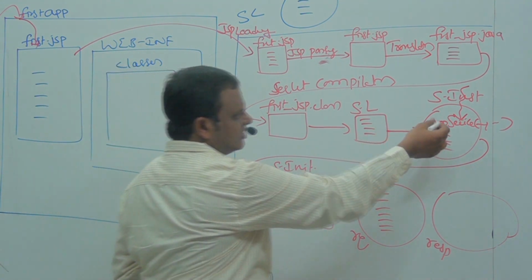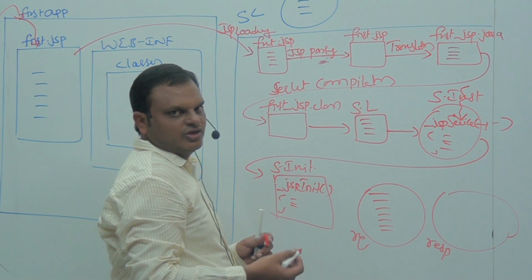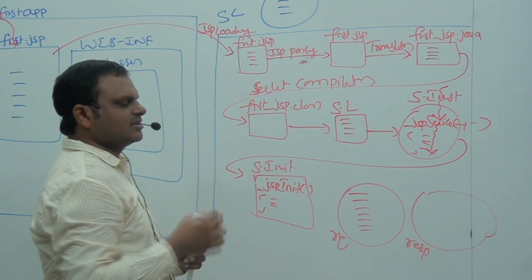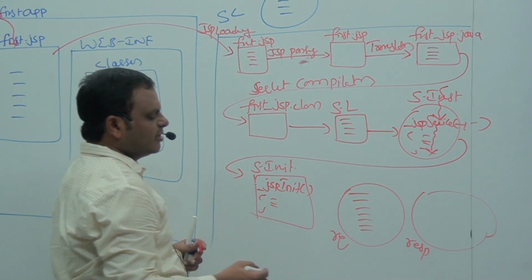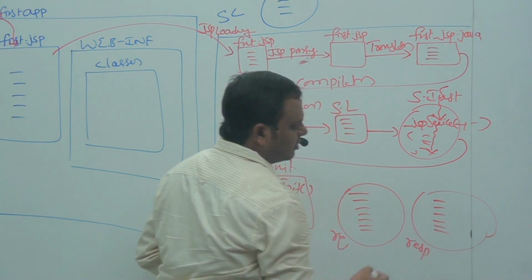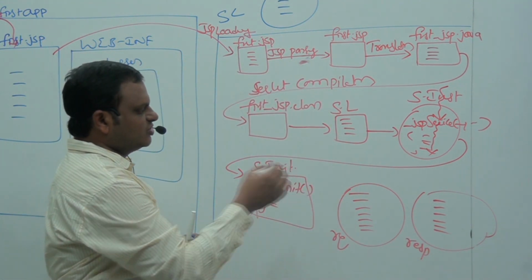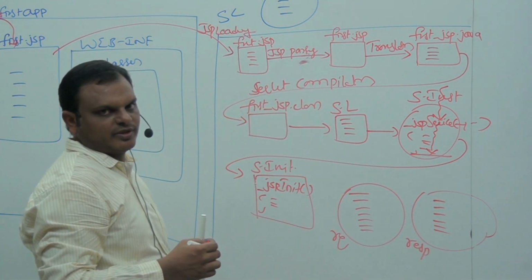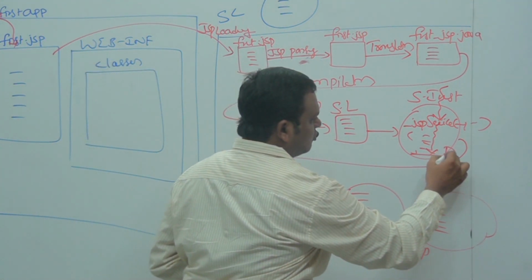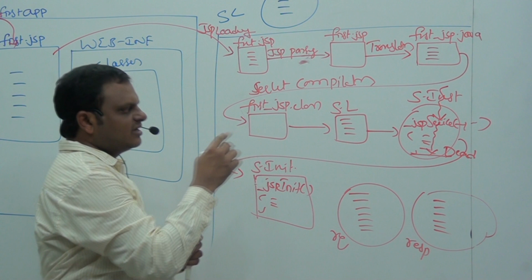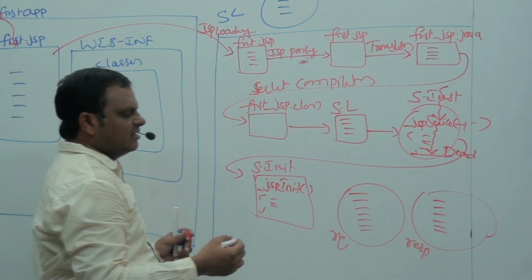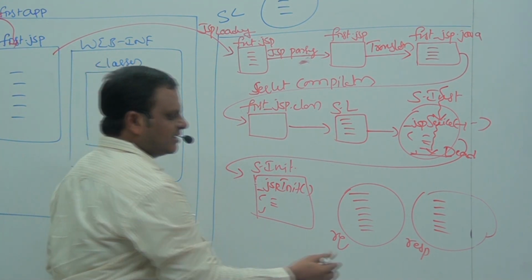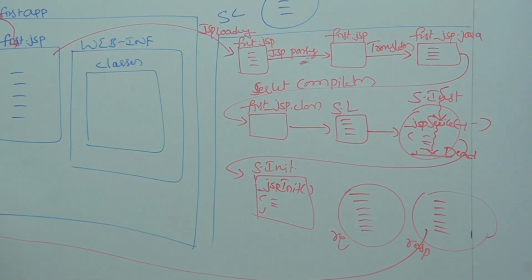Whenever a thread is assigned to this underscore JSP service method to execute, this thread continues its execution. Whenever the thread is executing the underscore JSP service method, automatically some response will be available on the response object. Whenever the response is generated on the response object and this thread reaches the ending point of this underscore JSP service method, automatically that thread will go to the dead state. Whenever the thread is in the dead state, the container will understand that request processing is completed. Immediately the container will dispatch that complete response back to the web server.